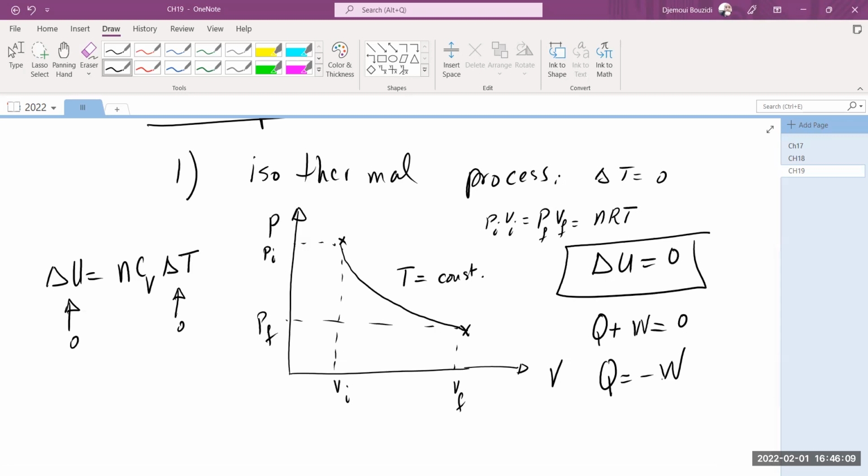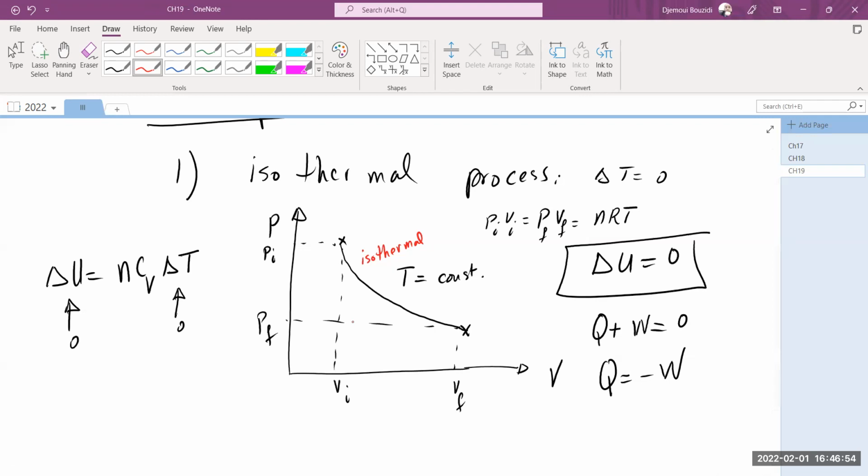Think about it this way. If the picture is correct, and I'm not saying that VF is always greater than VI, it could be the other way around. It could be compression. This is an expansion. Okay? It could be on an isothermal. This is called an isothermal, by the way. On an isothermal line, I could go compress the gas. I don't have to expand it. So the V final could be less than the V initial. So in the picture, I drew it this way, but it doesn't have to be. You guys understand this point? This is just an illustration. So in this picture, if it's correct, okay,